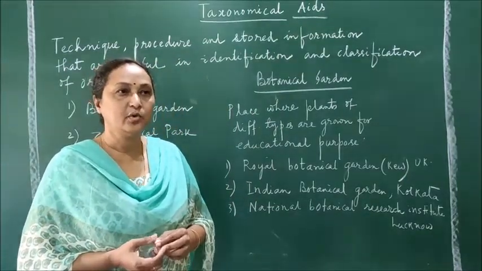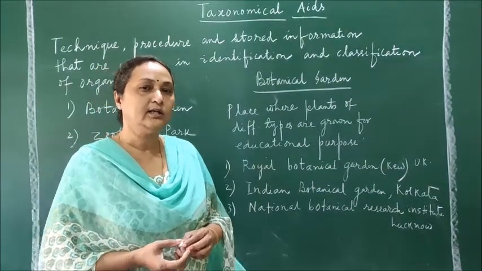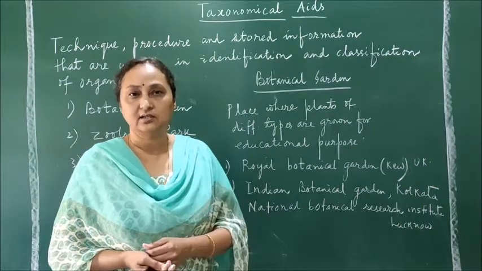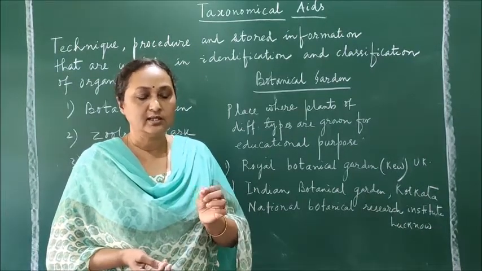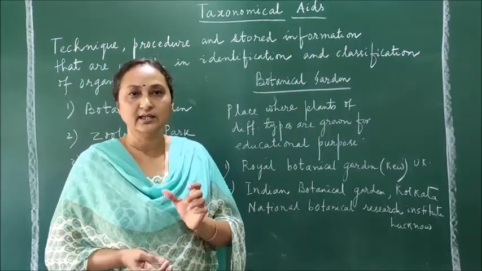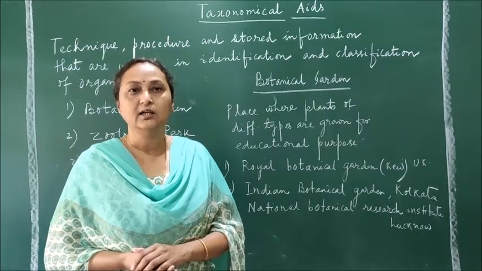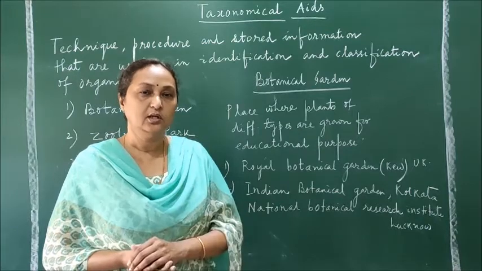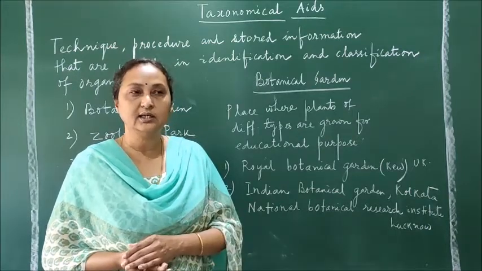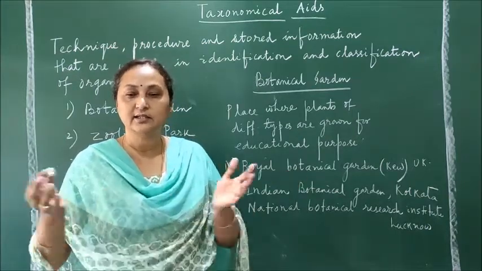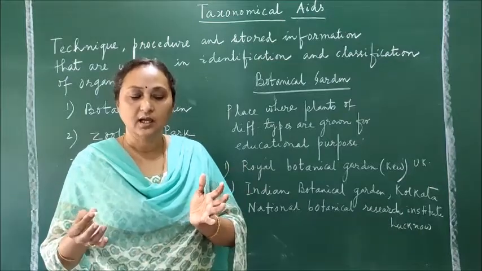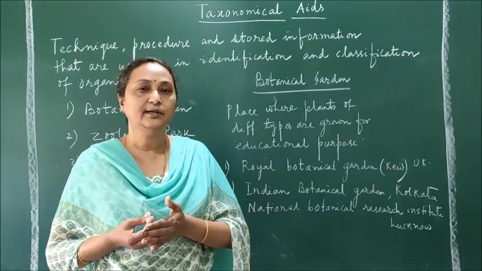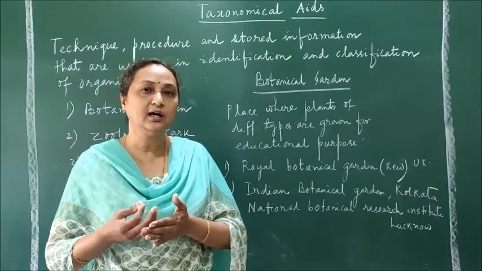So why is it very important? Because in the Calcutta Botanical Garden you can see there are many rare plants. And the unique plant is the banyan tree. There is a banyan tree in the Calcutta Botanical Garden and that banyan tree is 250 years old. Now in the banyan tree, all of you have seen that there are many branches. And this banyan tree which is there in the Calcutta Botanical Garden, you can find there are 2,800 branches.